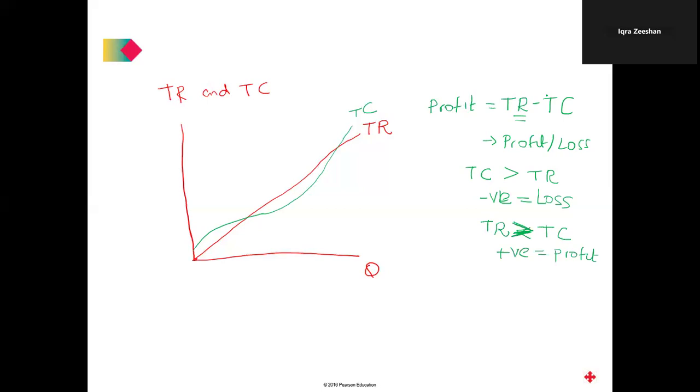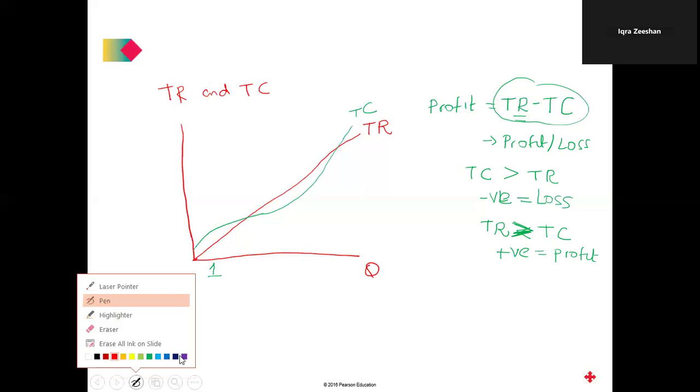Okay. Now, let us focus on this. This tells us that if you subtract total cost from total revenue, it will either show you a profit or a loss. This means that the difference between total revenue and total cost indicates profit or loss. So in the graph, the difference between the total revenue curve and the total cost curve indicates either a profit or a loss. For example, at production level of 1,